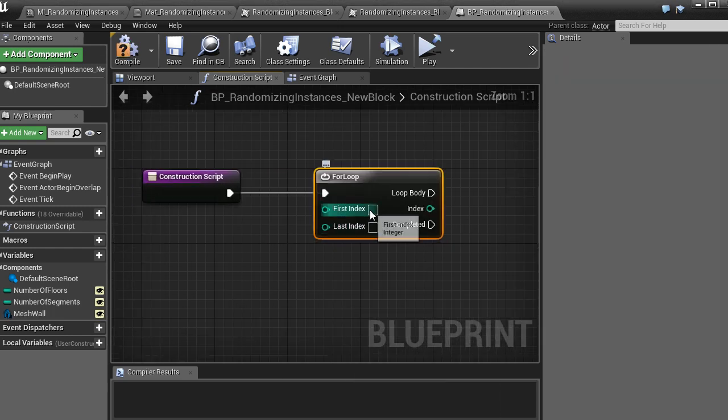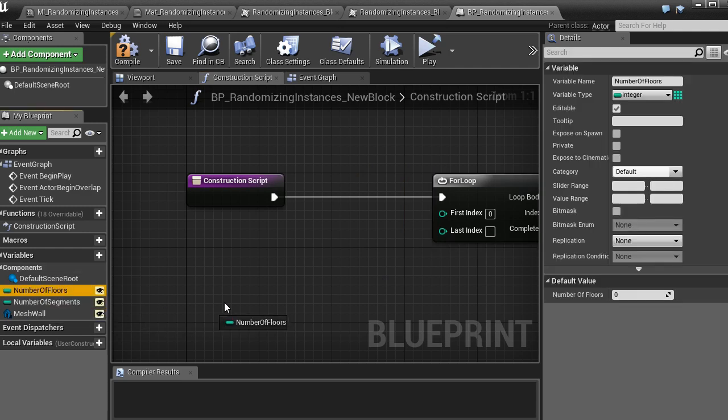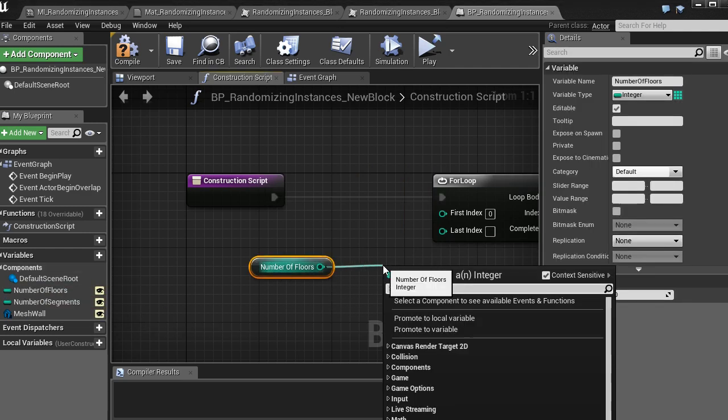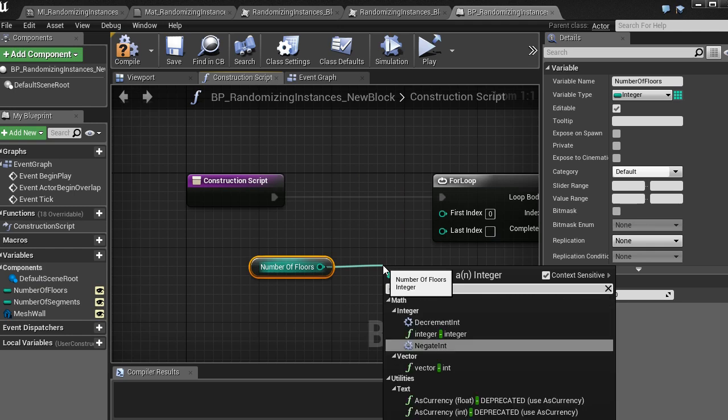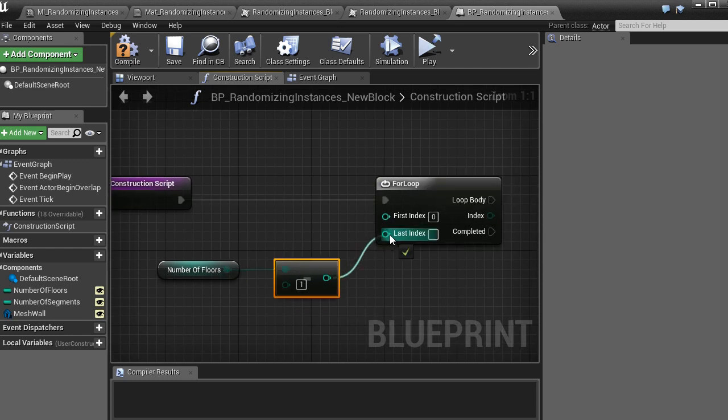Now when I have these two variables, I make a for loop. First index will be 0, then the last index will be the number of floors, get. Now type in minus symbol, integer minus integer, -1. So the first module will be numbered as 0, the last one will be number of floors -1.